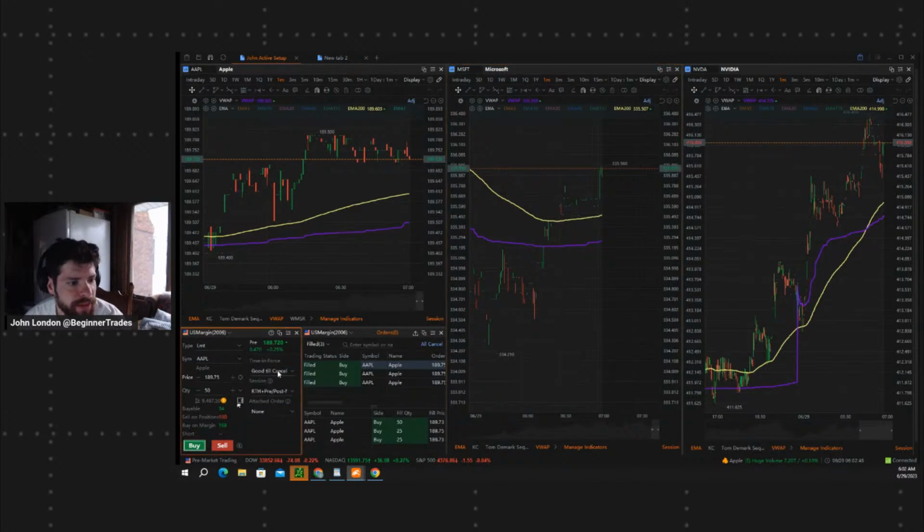I can move it. I can change good till canceled. I can change the session. I can put in a stop order, bracket order, profit taking order. I can change the time in force. I'm also excited to trade options here too. It's kind of like a kid in a candy store though with getting a new broker,